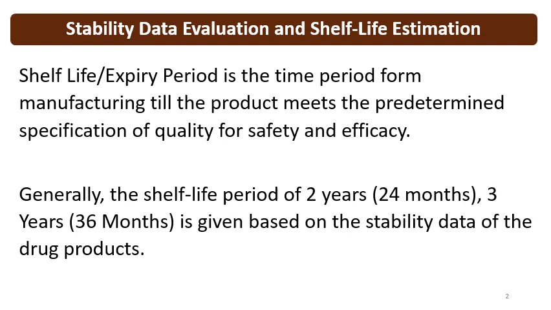Generally, APIs have a longer expiry period compared to formulations, because formulations contain a number of components and undergo processing, but APIs are fewer in components. So formulations are safe for use till the expiry period,